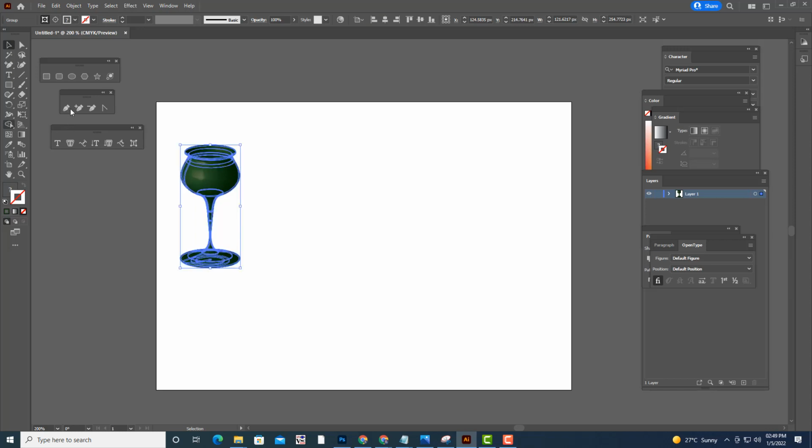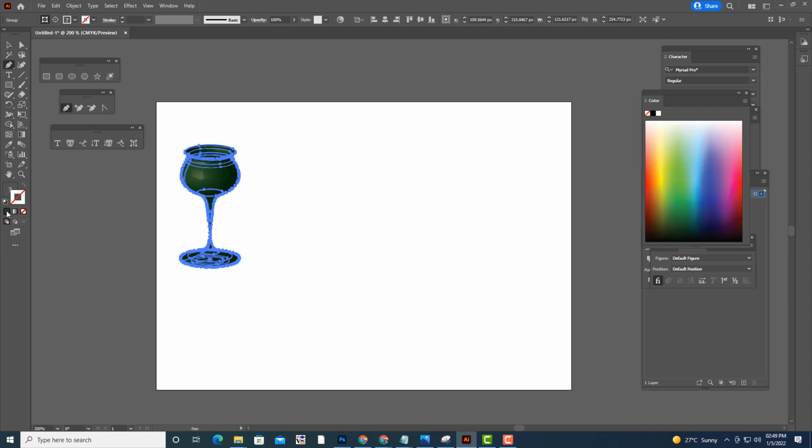I will select the pen tool, again select only the stroke, so just deselect it, and we'll select the pen tool, take only the stroke, and I will give some reddish color to this.